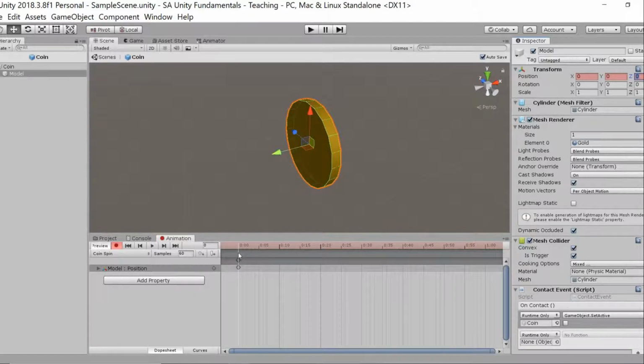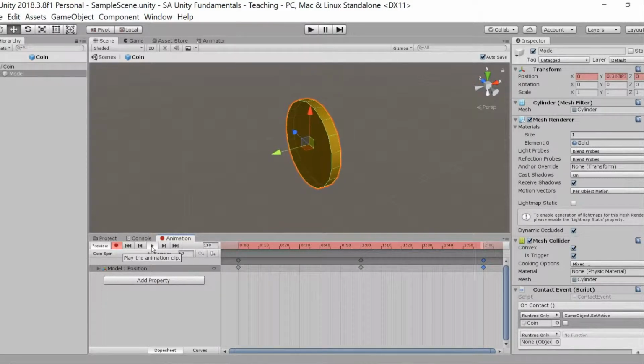Starting out right here, I'll leave it at 0, and then click over here at 1 second mark, and then just type a 1 in Y. That'll create those keyframes right there. Hold down Control and roll back on the mouse wheel to zoom out a little ways. Click here to get those selected. Bring the line here and Control C. Control V on the 2 seconds to bring the coin back to its starting position, and let's